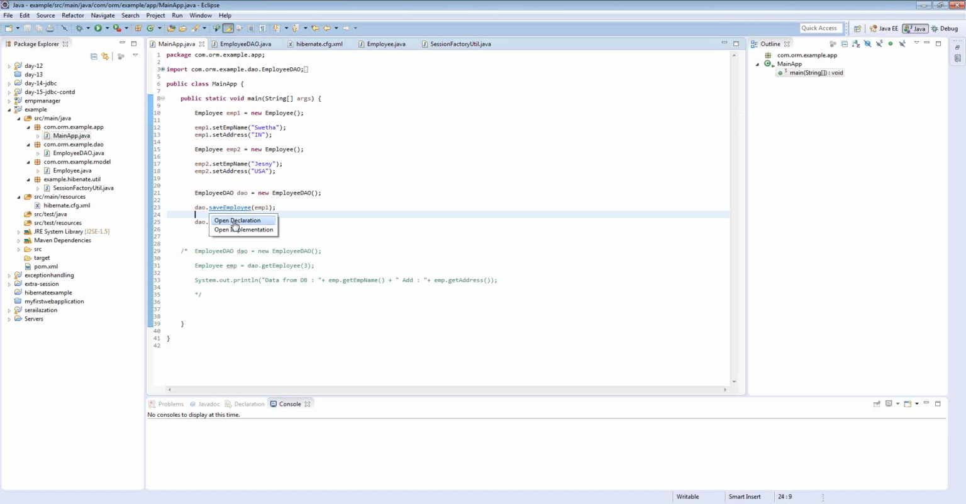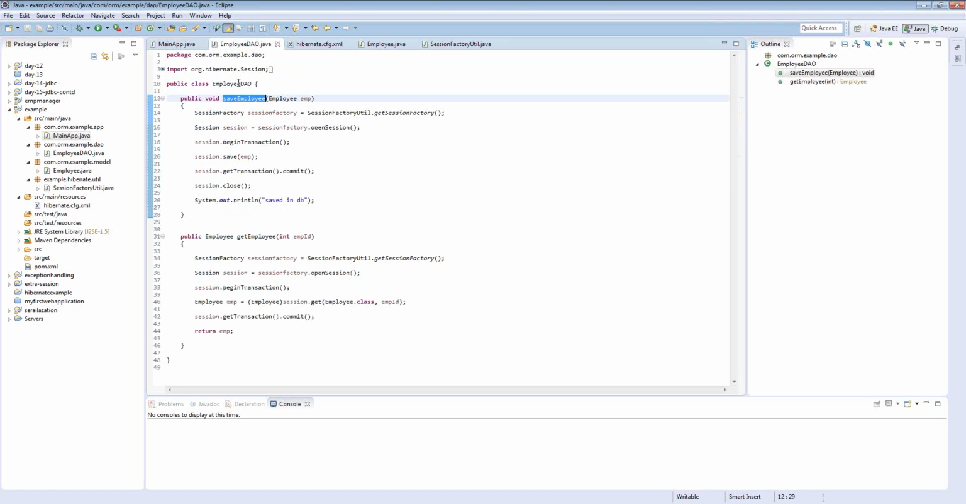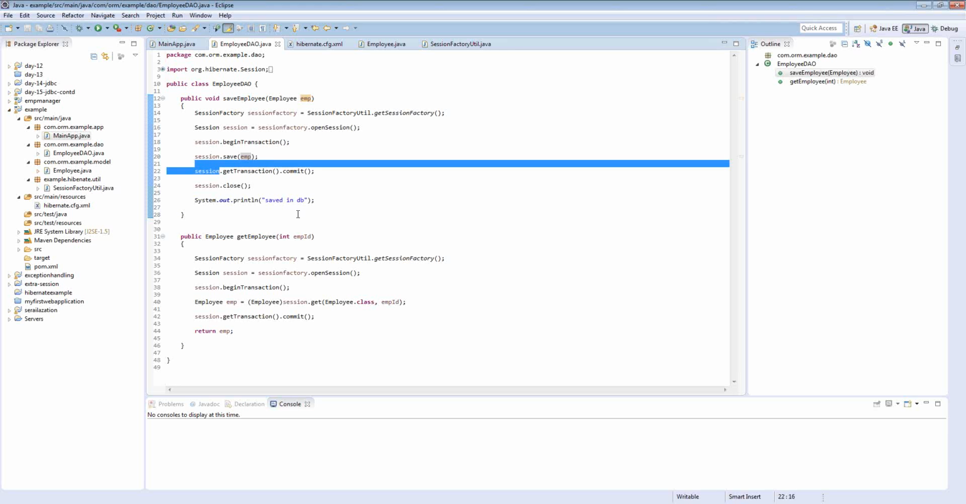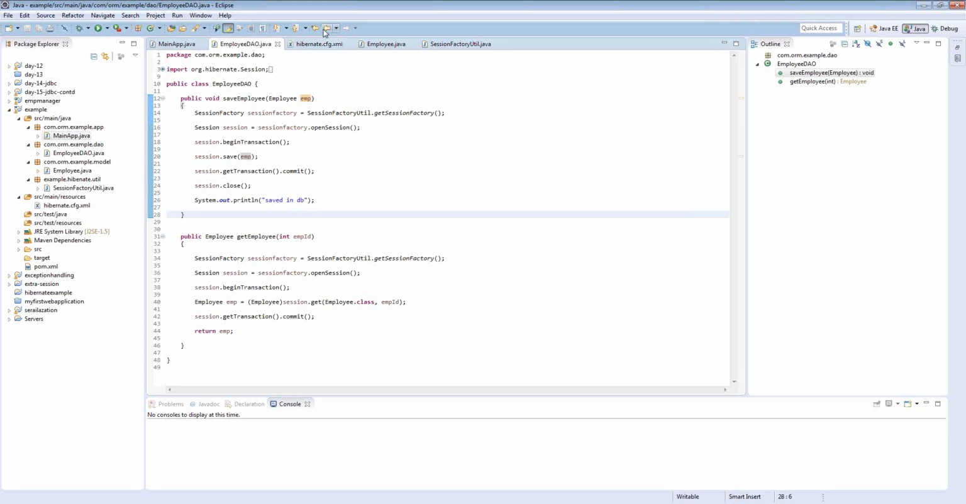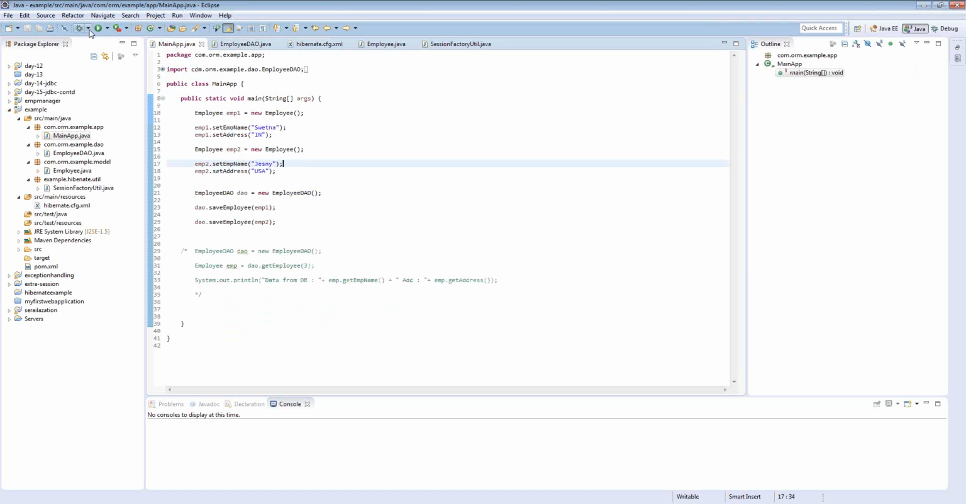Once we call this, it goes to our DAO, and then the DAO takes this employee object, creates a session factory, creates a session, opens a transaction, and calls session.save. It is saving this employee object directly, and we are simply passing the employee object. Internally, it executes a SQL statement to insert the data. So let's see how it works. If I run it,